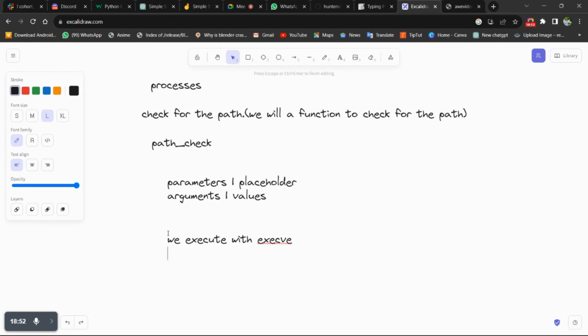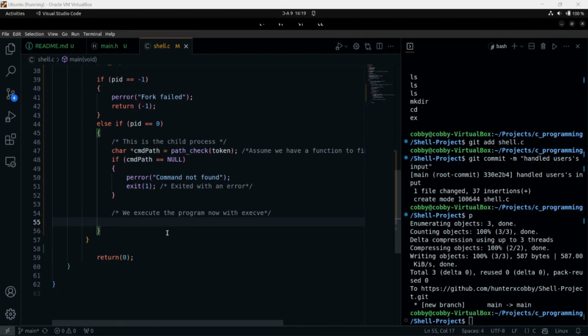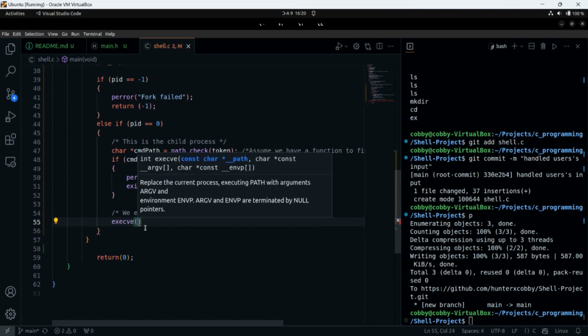How does execv work? What does it take? You can use about one minute to tell us how execv is going to work. If you joined the sessions, then you know. Anyone? So should we assume no one knows how to use execv?